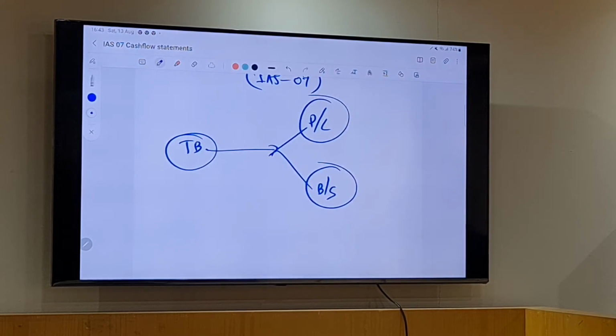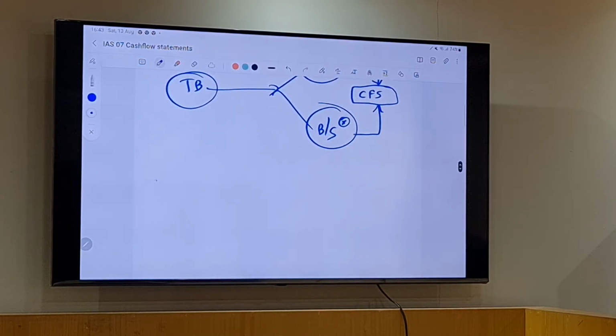Now, this is an intermediary statement, the cash flow statement. For me to prepare a cash flow statement, I should have a P&L and a balance sheet. Before you have a profit and loss account, you can't prepare a cash flow statement. So, this and this is compulsory. Right? Second point,